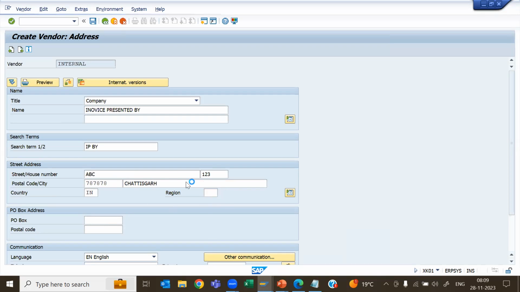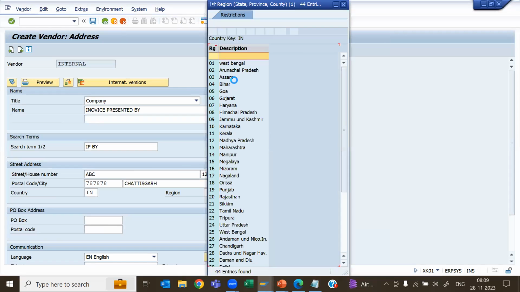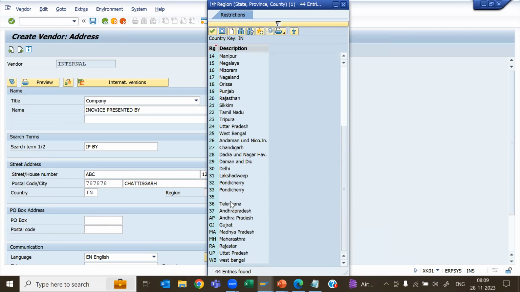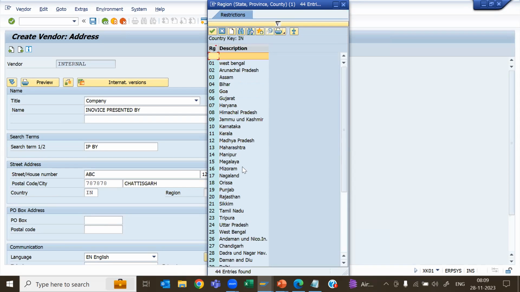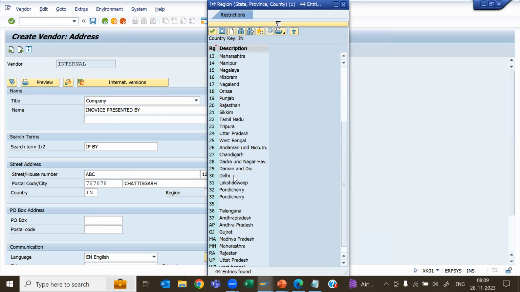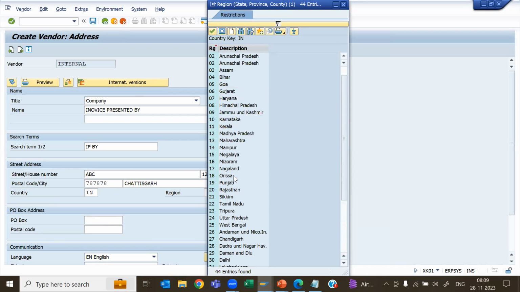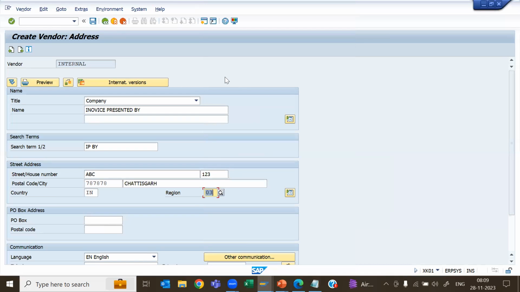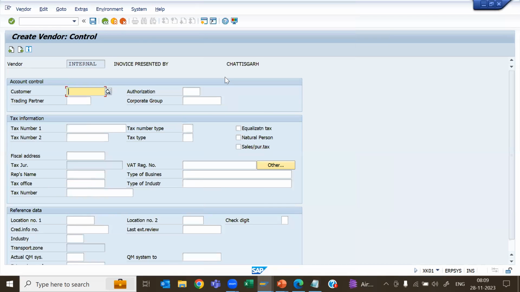And for Chhattisgarh, we are using another region code. Here Chhattisgarh, I think, is not available. So for that reason, suppose we are using another for Assam. We are selecting the region code Assam. Okay,